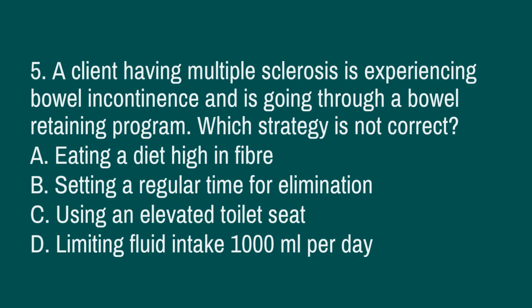So limiting fluid intake to 1000 ml per day is not a correct strategy for bowel retraining in a client with multiple sclerosis experiencing bowel incontinence. In fact, adequate hydration is important for maintaining bowel function and preventing constipation, which can exacerbate bowel